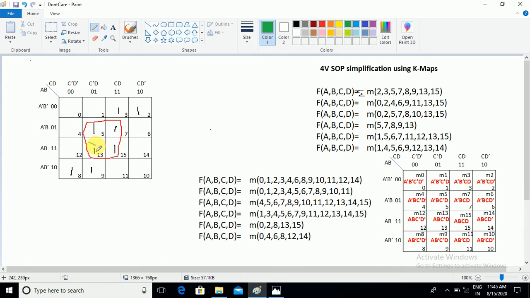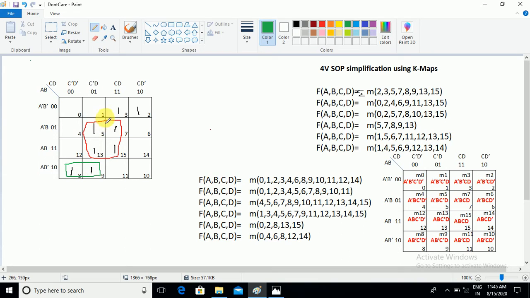But this will create an overlapping group of 2 cells. Rather, if you go for 8 and 9, the 2 cell group can be created individually without overlap. With overlap you are creating a 2 cell grouping, and without overlap also we can create a 2 cell grouping. Our preference should be given to without overlap first. In case that is not possible, then only go to the overlap. Now here we have taken a 2 cell grouping with 9 and 8 without overlap.